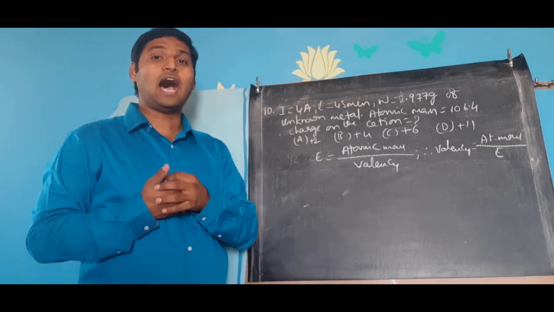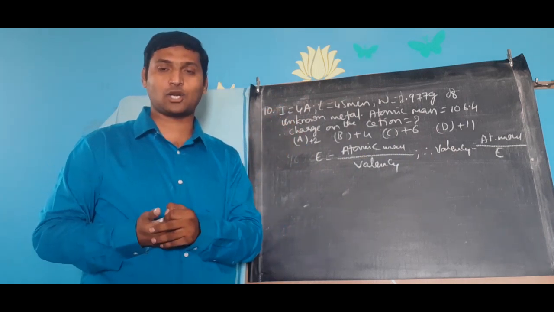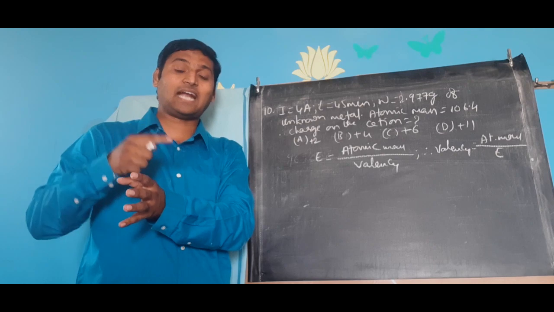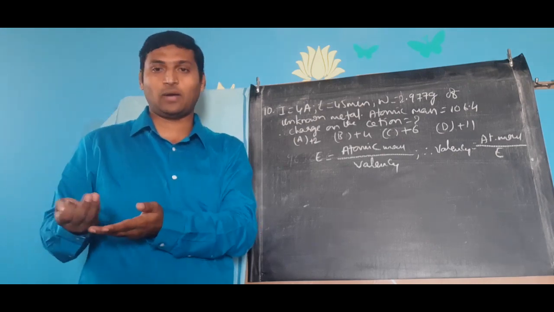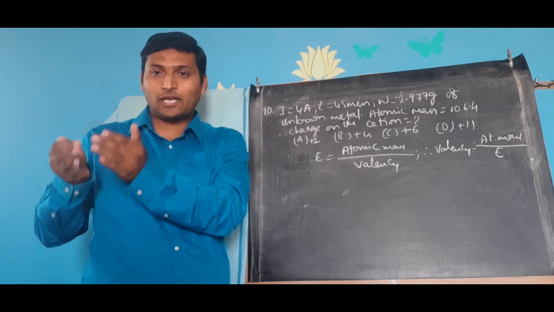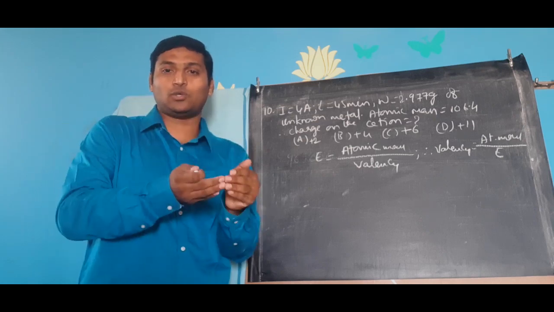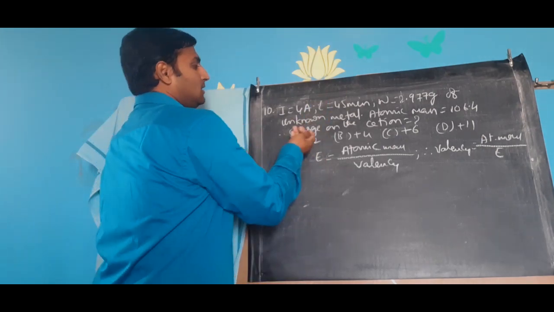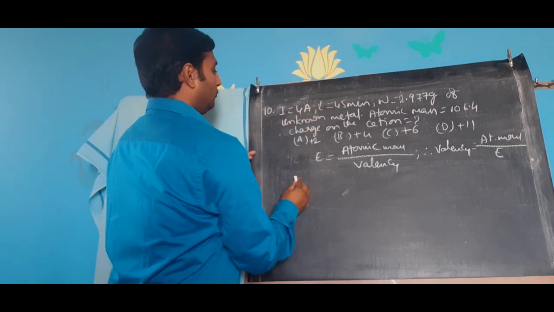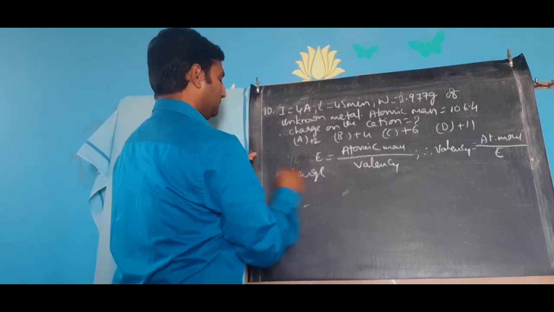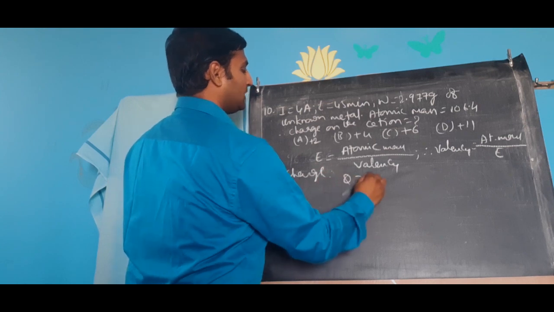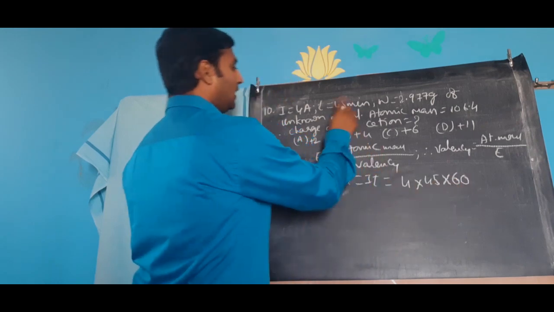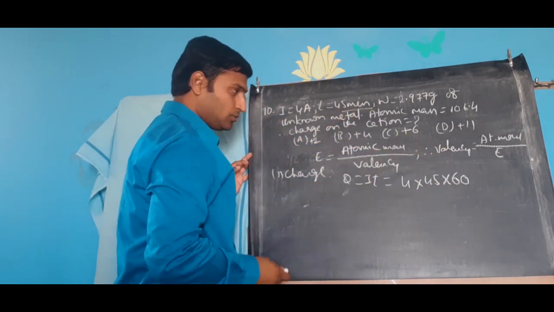Now common sense. How do we get equivalent mass from our principles of electrolysis? You know very well that the quantity of metal deposited by exactly 96,500 coulombs will be its equivalent mass. I repeat, the quantity of metal deposited by 96,500 coulombs of charge will be its equivalent mass, right? So let us do it now. First, find out the charge. Q is equal to IT, that is 4 amperes into 45 into 60, because the time is given in minutes, I am converting it into seconds.